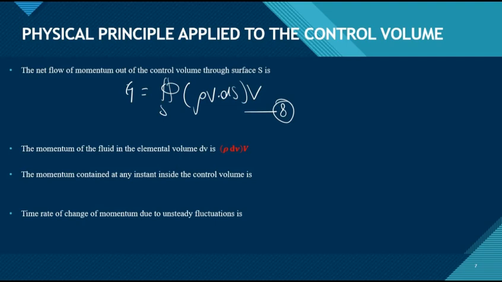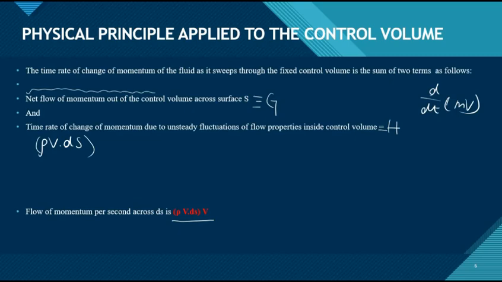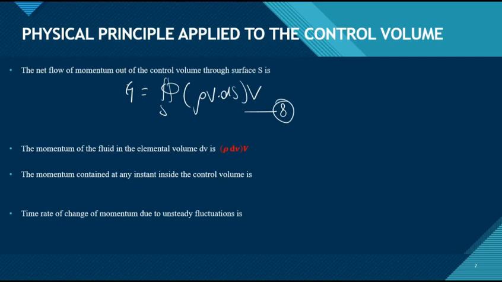Proceeding with our second term, that is H, which says the time rate of change of momentum due to unsteady fluctuations. So the momentum of the fluid inside the elemental volume, the small elemental volume that we had considered, that is dV, would be given as rho dV into V. And if it is for the whole control volume, that is the momentum contained at any instant inside the whole control volume is given by the integral of this term